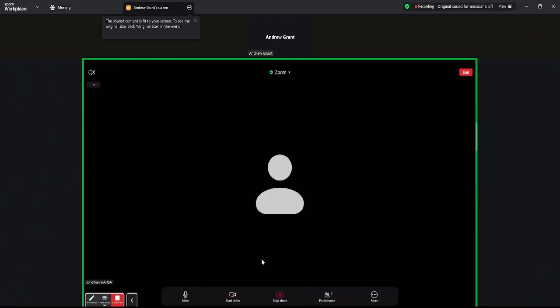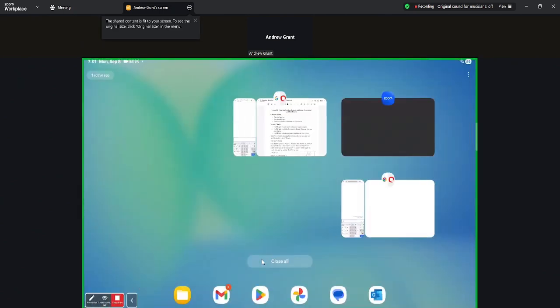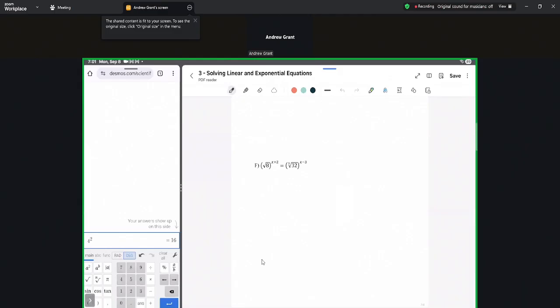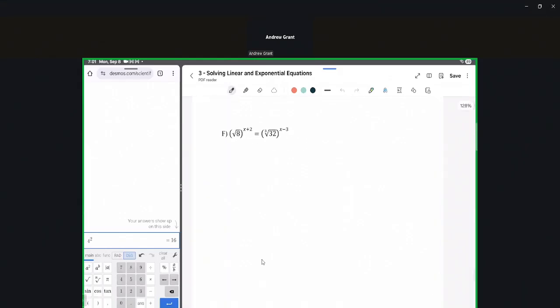into rational exponents. And so we had left off here with question letter F, where we were having a look at the square root of 8 to the power of x plus 2 is equal to the cubed root of 32 to the power of